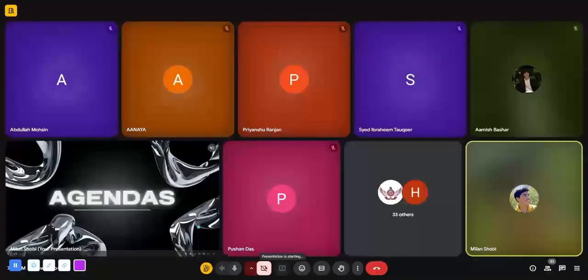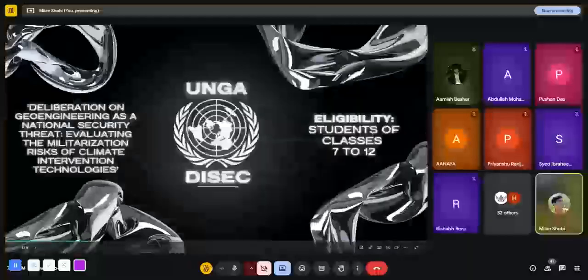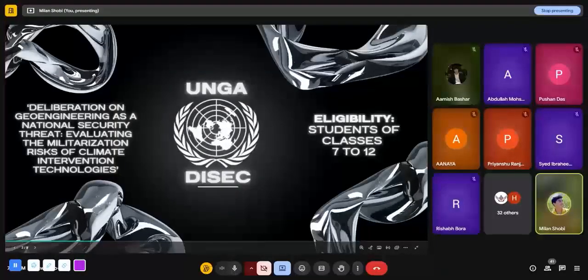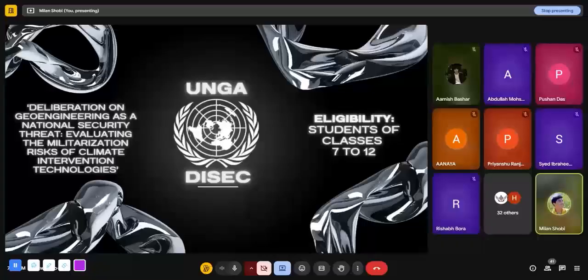Coming to the agendas. First, I'd like to deliberate on UNGA DISEC. UNGA DISEC is a very famous committee and it's very common in almost all MUNs. The eligibility for this committee will be students of classes 7 to 12. And the agenda is deliberation on geoengineering as a national security threat, evaluating the militarization risk of climate intervention